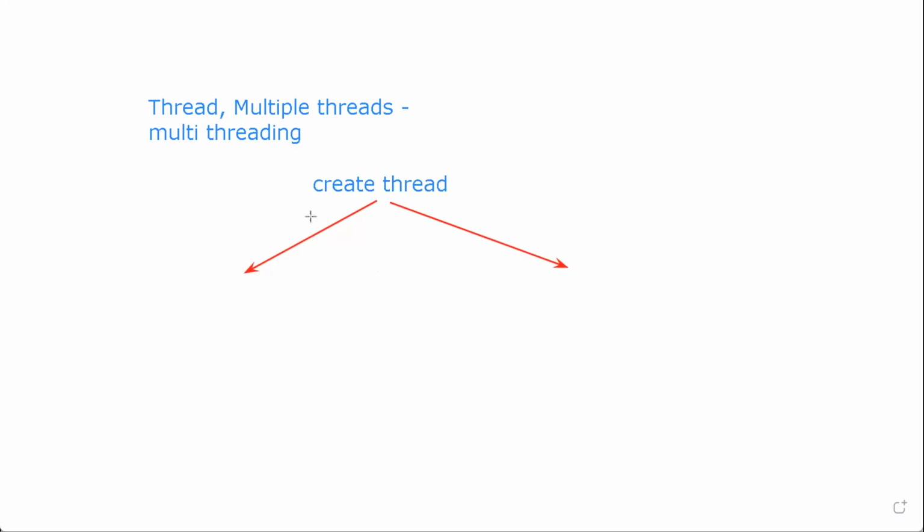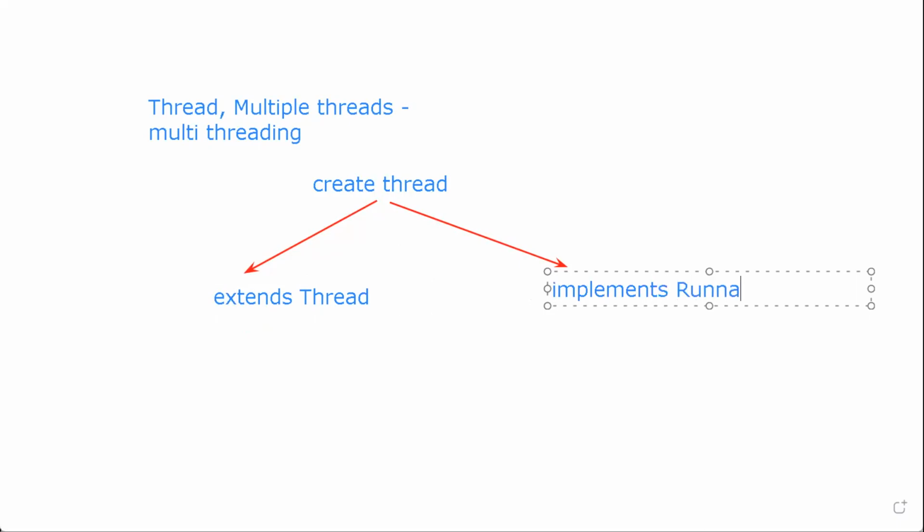So one way is to extend the thread class itself. Thread is a class, so we have to inherit the thread class, or there is another way, by implementing the interface called Runnable. Okay, so there are two ways. Extends Thread means we have to inherit the thread class, or there is one more way, that is by